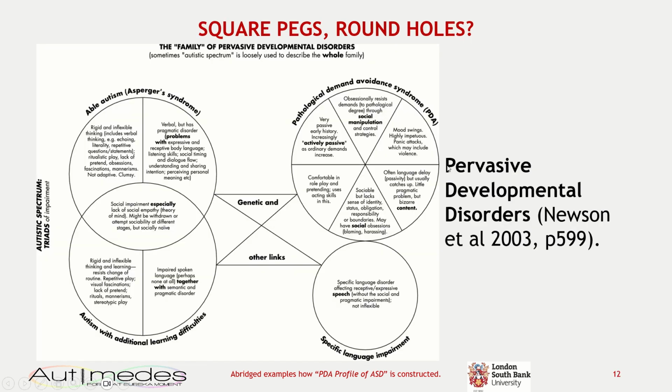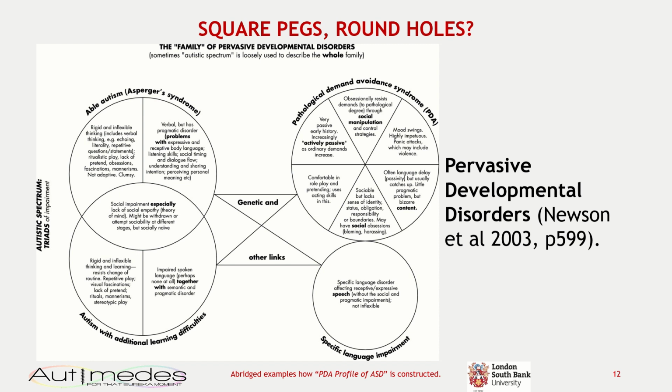So this is a diagram from Newson 2003, page 599, and it shows Newson's thinking on what the autism spectrum is and how PDA may relate to it, as part of Newson's pervasive mental disorders diagram. The first thing you'll notice is that this diagram is not reflective of the DSM-4 pervasive mental disorders diagnostic group. And if you're familiar with the diagnostic manuals and the version that was in use 20, 30 years ago when Newson was doing this research,